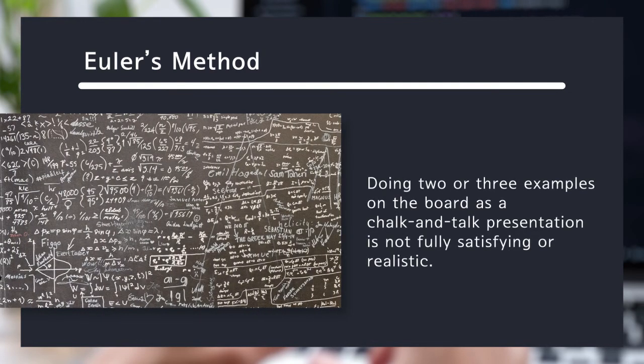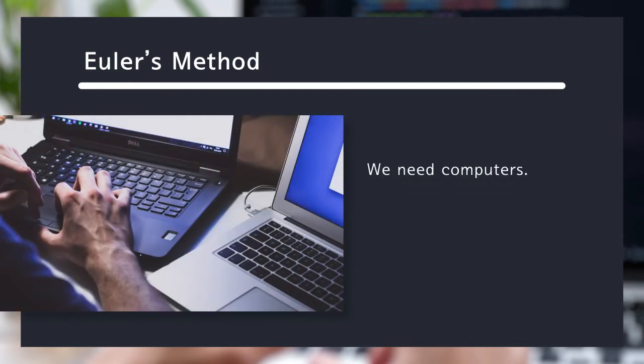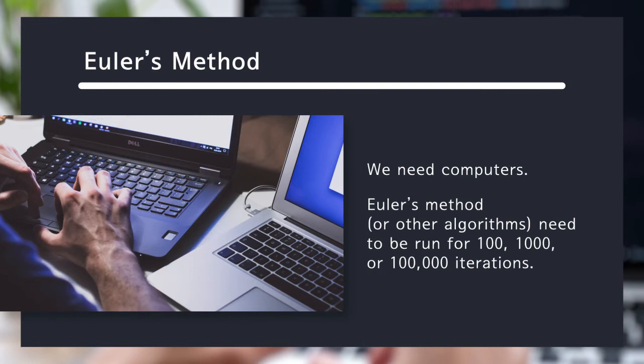Doing 2 or 3 examples on the board as a chalk and talk presentation is not fully satisfying. It's not realistic. No one ever uses 3 steps of Euler's method in any actual application. In real-world situations, people are doing this on computers. In order to obtain useful results, Euler's method or other algorithms need to be run for 100, 1,000, or 100,000